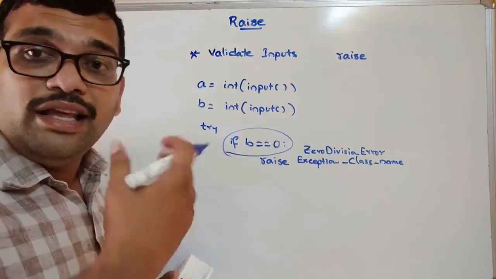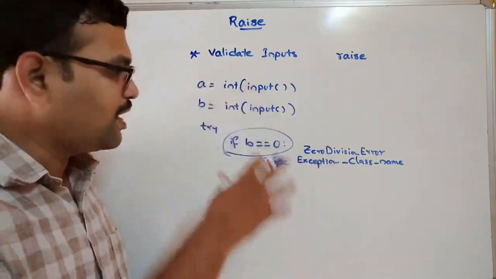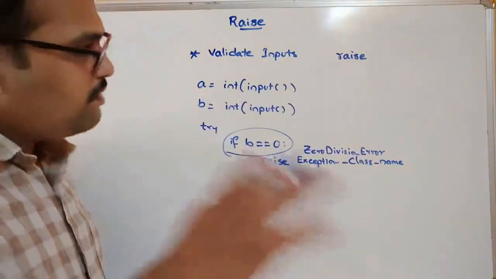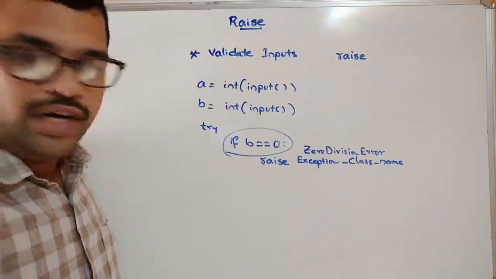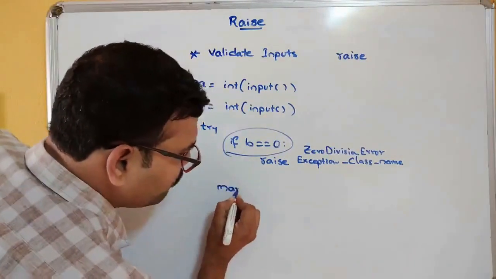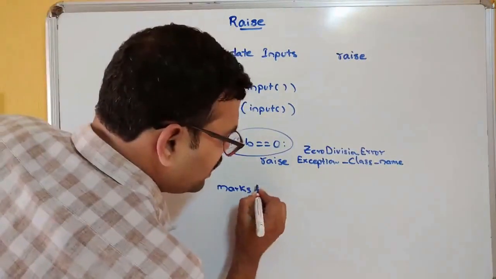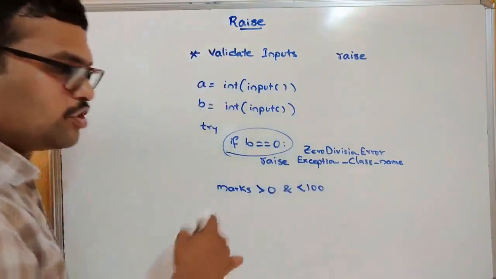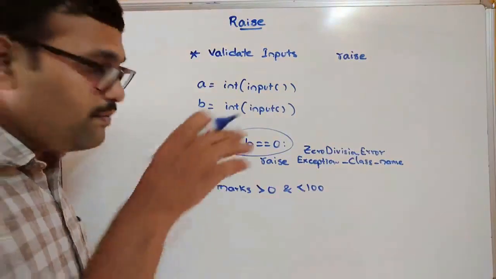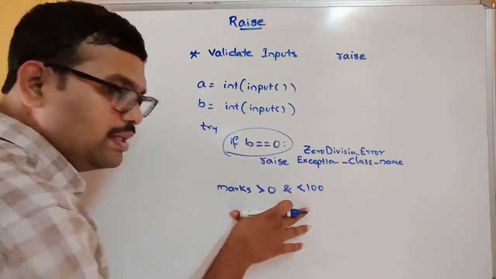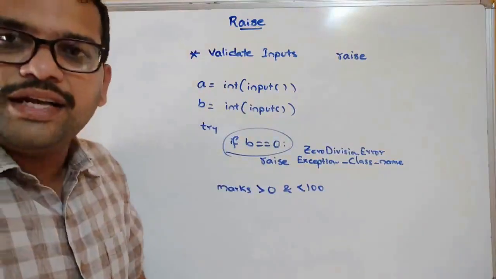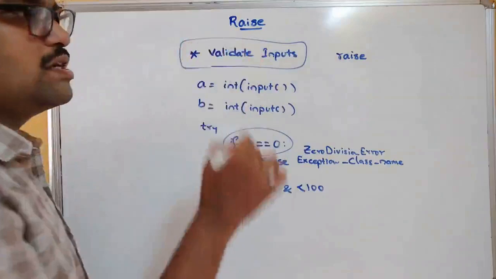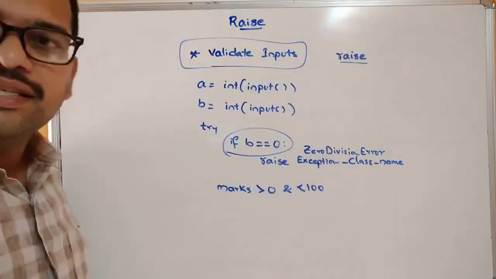So after taking the input, we can validate. If the condition is true, we can automatically raise the exception. For example, if you are taking the marks of a student, we know that the marks of a student should be greater than 0 and less than 100. So we need to check this condition. If the input is violating this, we can raise the exception. So for that purpose, to validate the inputs in our instructions, we can simply use the raise keyword